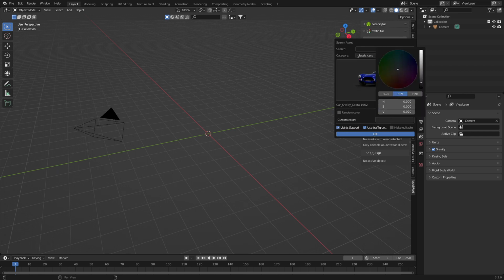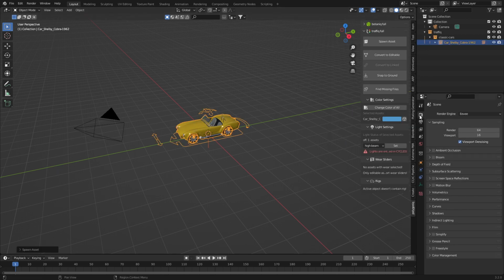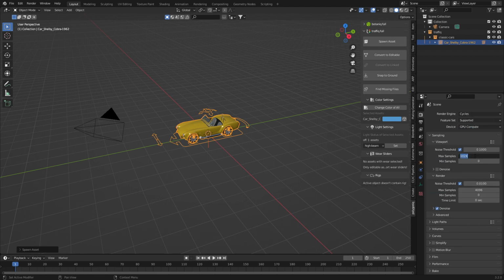Random color. I do want a bit of a blue maybe. Oh, baby blue. Why not? Something like that. Okay. It's bright yellow, which is fine. Let's come over into the render settings, EEVEE, Cycles. Change that to a GPU,